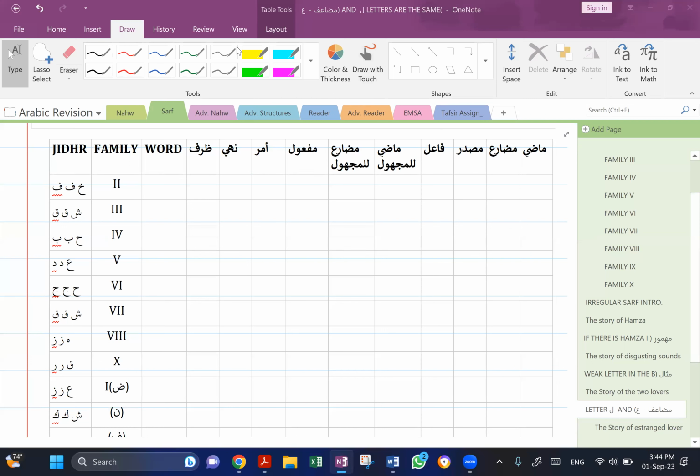Let's have Ralin next. Get Jahada family. جهد شاق شاق يشاق شقاق شق يشاق جهد يجهد جهادا ومجاهدة مشاقق